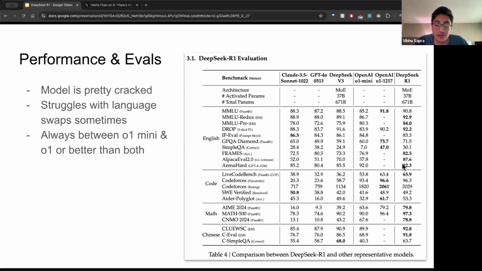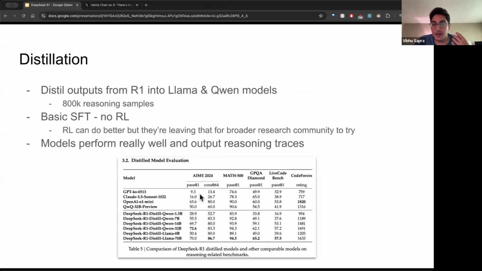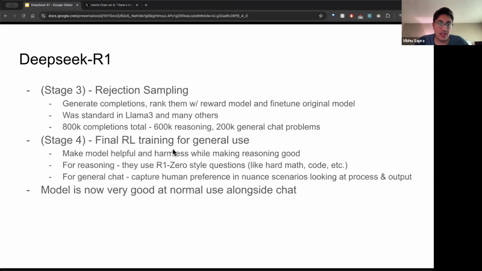But it's very good. It's 37B active parameters. We don't really know the model sizes or active parameters of O1, but this thing's good. It's cheap. It's fast. DeepSeek has very good inference. MIT license. It's fully out there. That's R1. 4 stages.